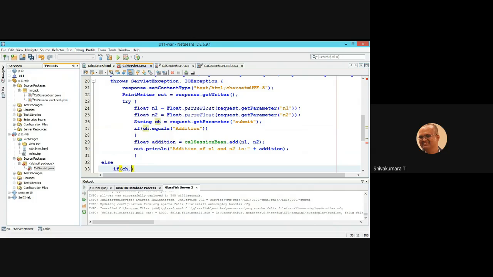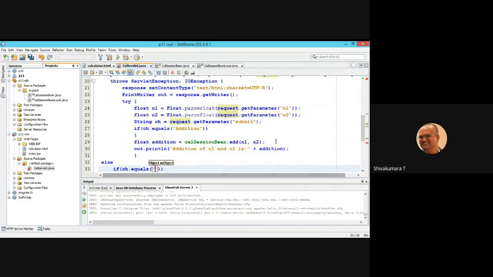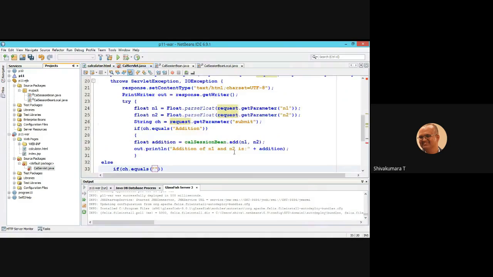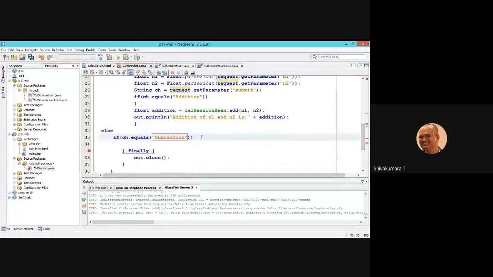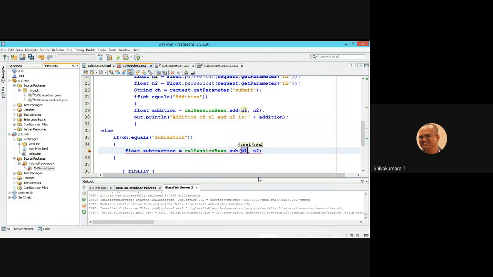Similarly, else if choice dot equals, the second option is subtraction. Float subtraction equal to call session bean dot, here subtraction.